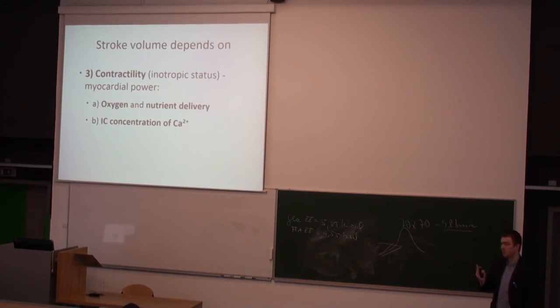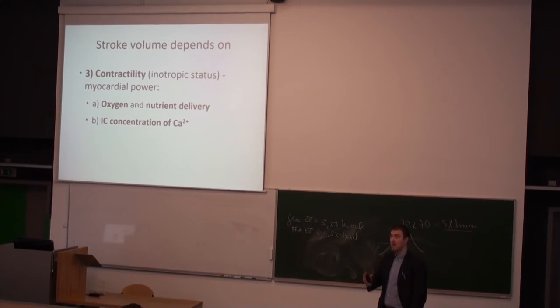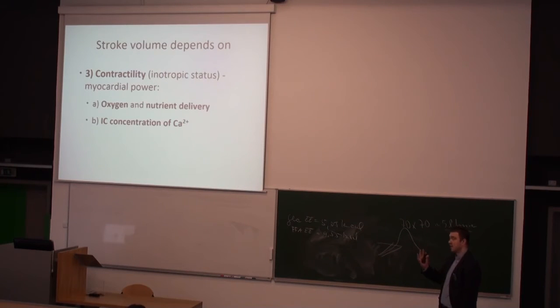So, right now we have the situation of the heart. After the diastole, you know the volume. Then the afterload will tell you what's the resistance in the periphery. And if you make these two parameters constant, then still your heart has one parameter to modify the stroke volume. And that's the contractility. That means how forceful the contraction will be, since your heart can make the contraction stronger or weaker. So this is the last parameter that determines the stroke volume.